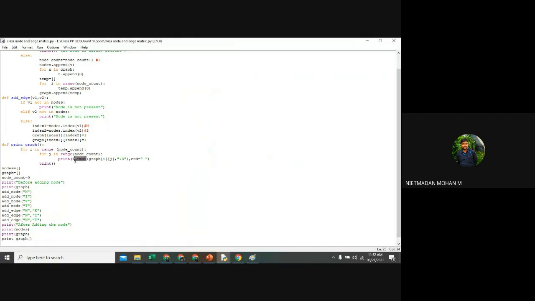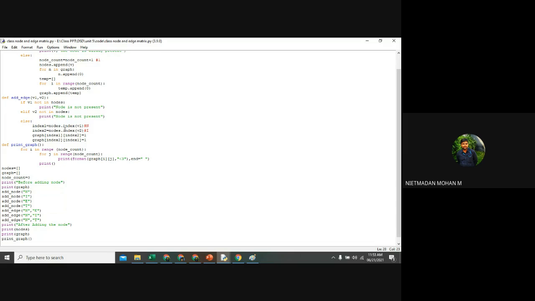And here this format function has been used for representing those nodes in matrix format. It means I comma j. It will take I, j. Likewise, it will be taking, and this 3 will be the spaces between one node's vertices and another's that I have given over here. So that is the thing for this creation of nodes and edges in the matrix representation. Clear?